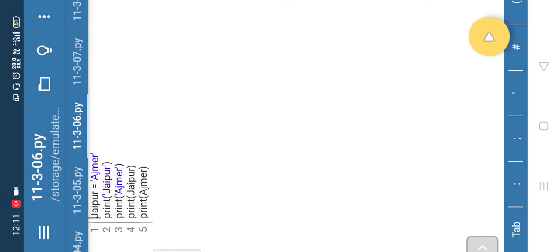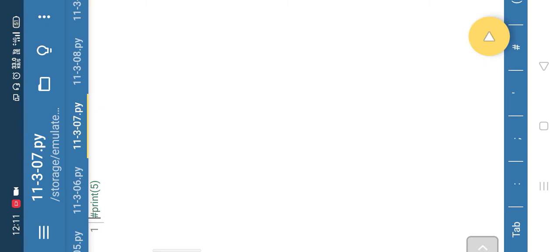What will be the output of this program? So basically print 5. 5 is a value and the print function deals with the output window. So print 5 should print 5 on the output window, but